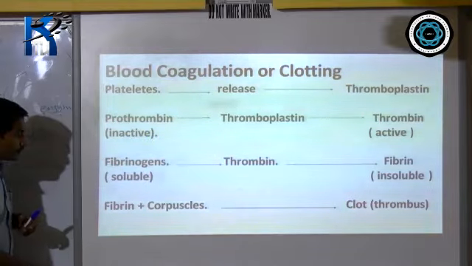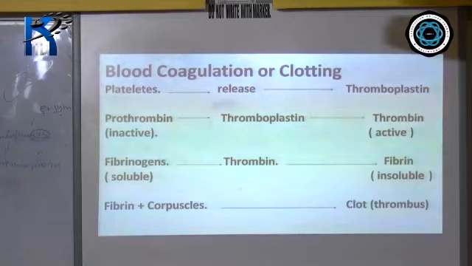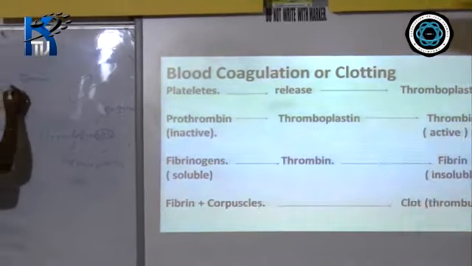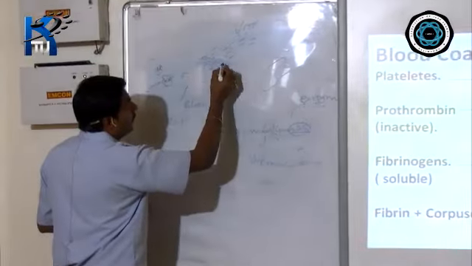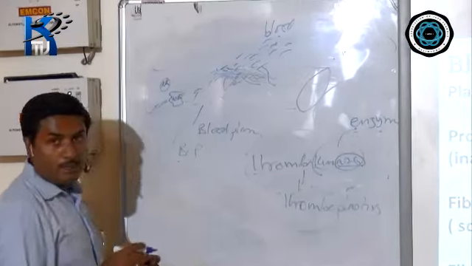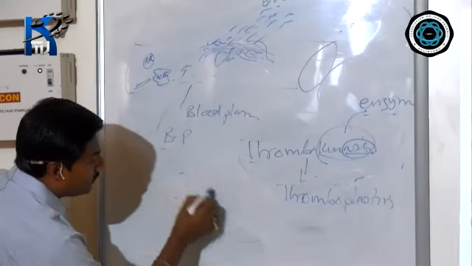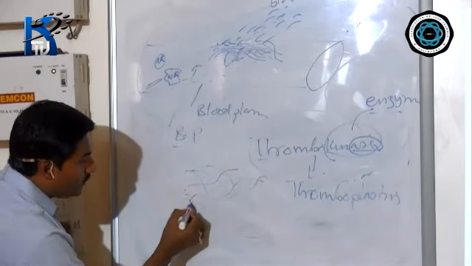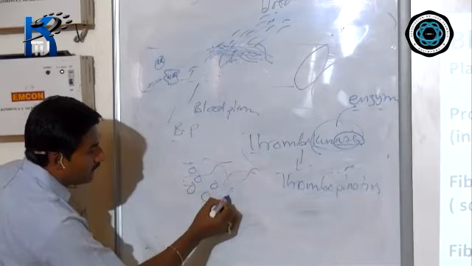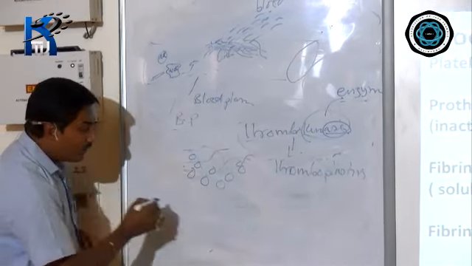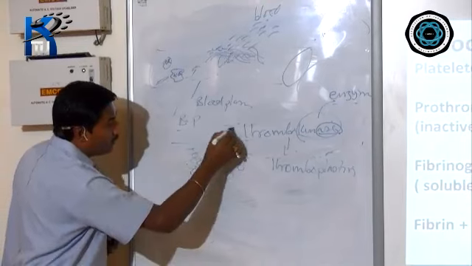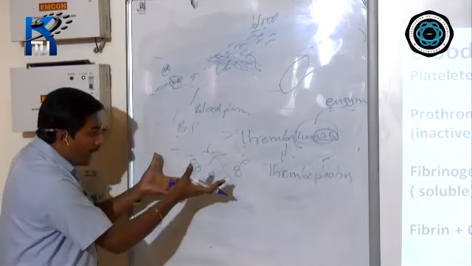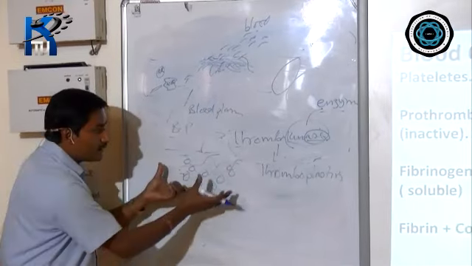So, once it becomes insoluble in nature, what will happen? This fibrin compound will form a fiber-like structure that is insoluble in nature. Like this, a wire mesh-like structure will get formed. Okay, a net-like structure will get formed. Now, in this net-like structure, what will happen? All these corpuscles get entangled. That means now the RBC cannot flow outside, WBC also cannot come out, and in the wire mesh-like structure all the corpuscles get entangled.